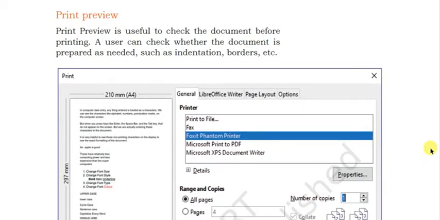First, you have to take a preview of it, how your printout will come. So print preview is a useful tool to check the document before printing. Okay, so it gives you the actual view before the hard copy comes out. You can check the indentation, borders.